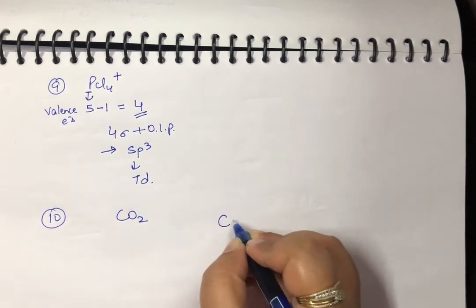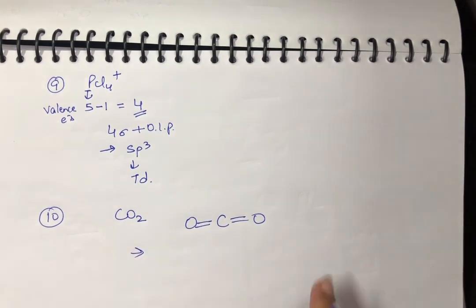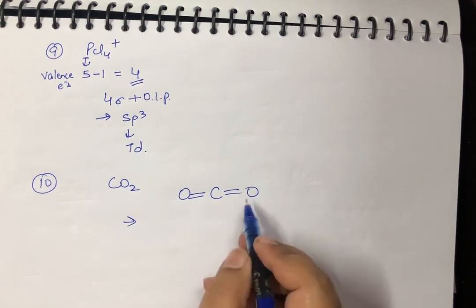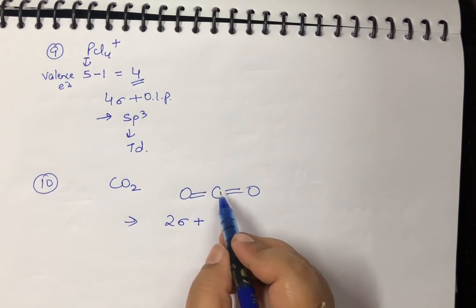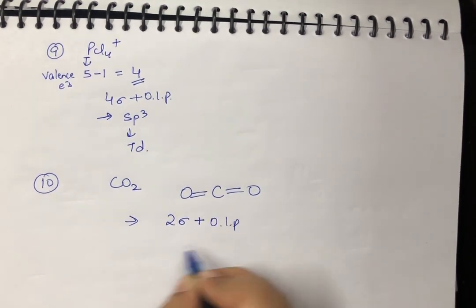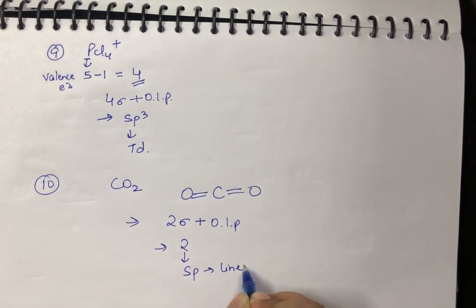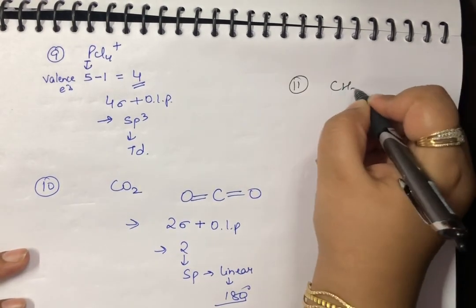Similarly, if I have, let's say, CO2. Now we know that oxygen forms a double bond. I told you not to include the pi bond here. So if I'm not including the pi bonds, how many sigma bonds are here? There are 2 sigma bonds and there is no lone pair. Carbon had 4 valency, 1, 2, 3, 4, all are fulfilled. So in this case, it is going to be 2, which is sp, which is linear, and the bond angle would be 180 degrees. Now let's take the last example for this video.